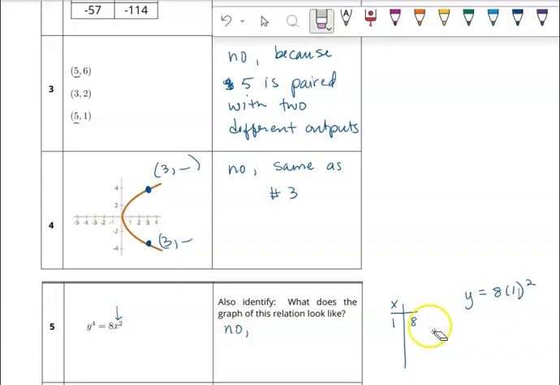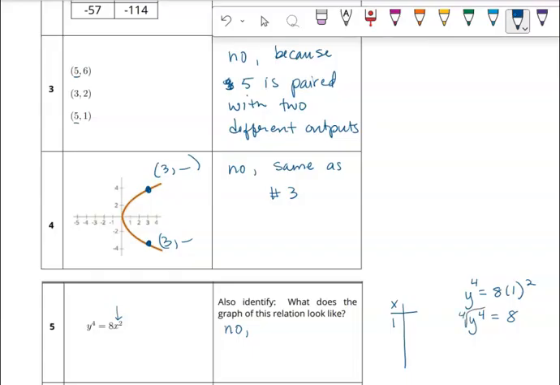Oh, I got ahead of myself. I don't want to write this part here. So what we've got over here is I rewrote the equation: y to the 4th equals 8 times 1 squared. Right? So I just took this equation, rewrote it, plugged in 1. So when I go to solve it, y to the 4th equals, and then 1 squared is just 1, and then that's 8. If I want to solve this to get rid of that power of 4, we're going to